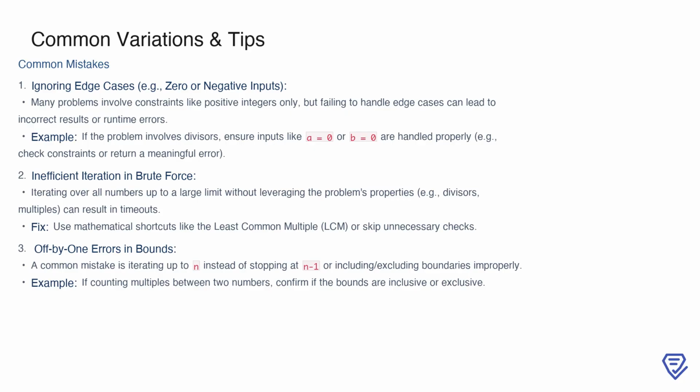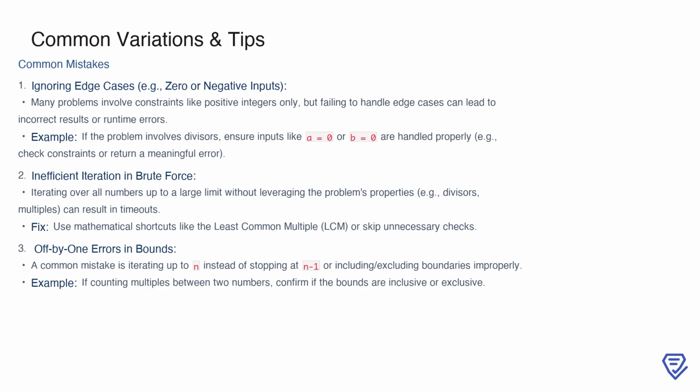Instead, consider using mathematical shortcuts like calculating the least common multiple, or LCM, to optimize your approach. Lastly, off-by-one errors and bounds are a frequent issue. For instance, when iterating to count multiples, confirm whether the bounds should be inclusive or exclusive. Misaligning these boundaries can easily lead to incorrect results, so pay close attention to how limits are defined in the